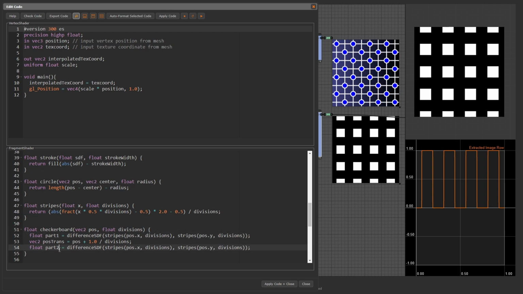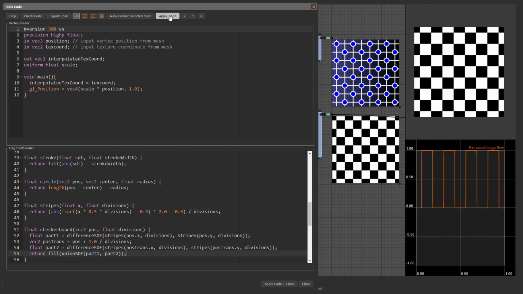Float part 2 equals difference SDF stripes pos trans.x divisions, stripes pos trans.y divisions. And then take the union of both parts. Return fill union SDF part 1, part 2. Or we stroke the border, stroke with a width of 0.01.